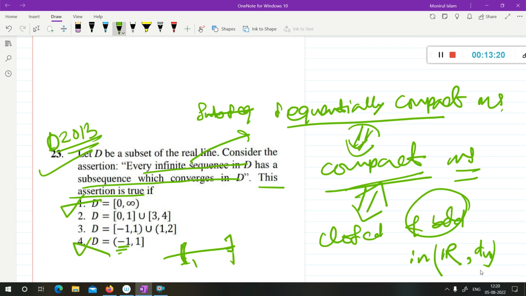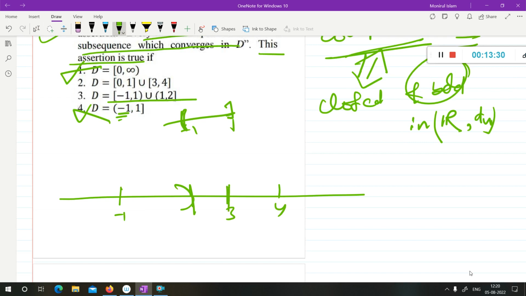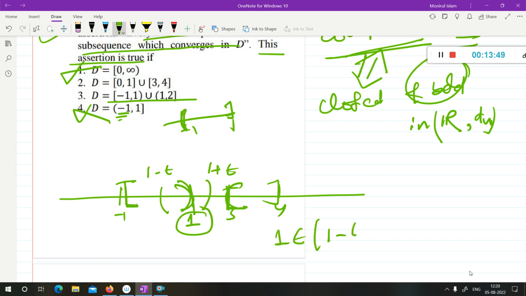Now this 3, this is not closed also, because this says D will be the interval -1 to 1, which is open. Okay, 3 and 4. 3 is closed. Okay, and this is closed and this is open. So here 1 becomes a limit point. If you take a neighborhood of 1, okay, so you can say 1 belongs to this neighborhood, 1 minus epsilon, 1 plus epsilon. Okay, now if you exclude the member 1 also from this set,